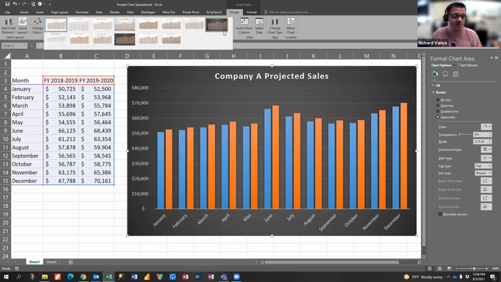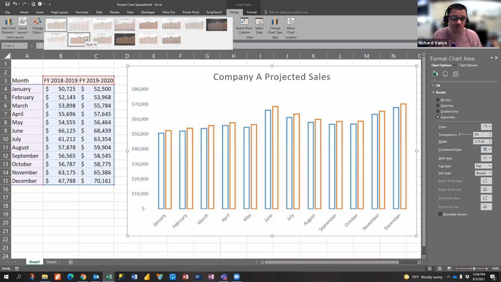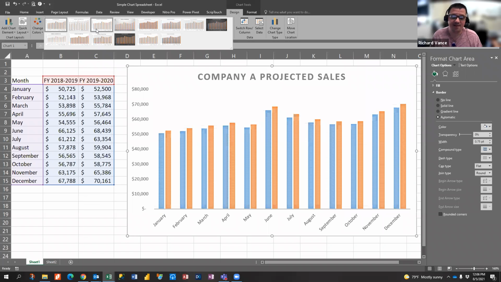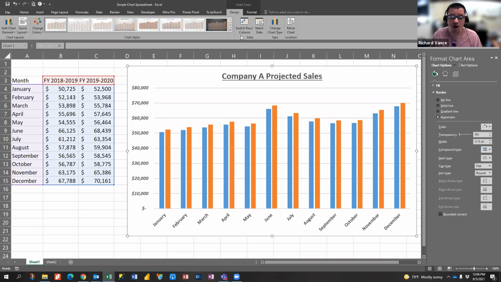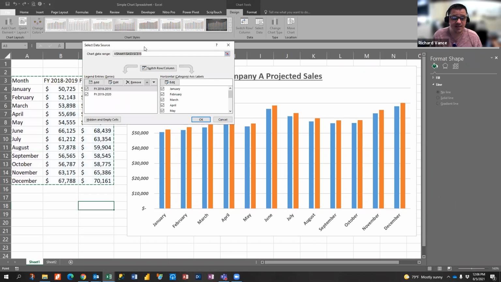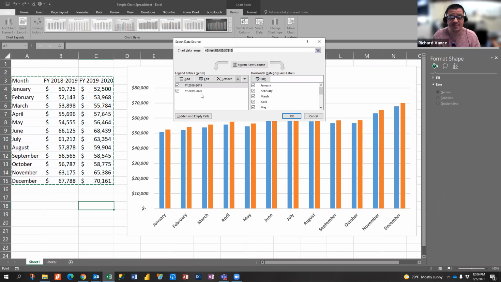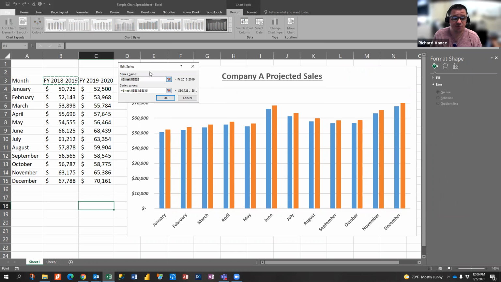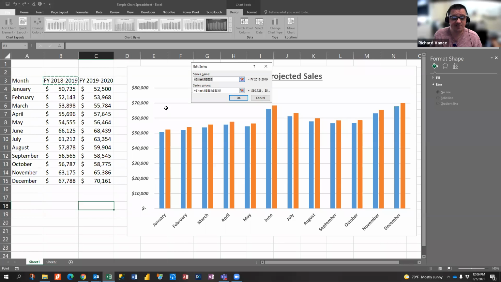If you're not as familiar with charts as I am or someone else that works with them, this is a good way to format your chart quickly to get the look and feel that you're going for. If not, what I want to teach you today is to format it other than using those styles. You also have a select data button here. And that's really what I want to focus on here because I want to show you how this chart is built. The series, if you'll notice, when I edit this series, you'll notice that my series is from Sheet Tab